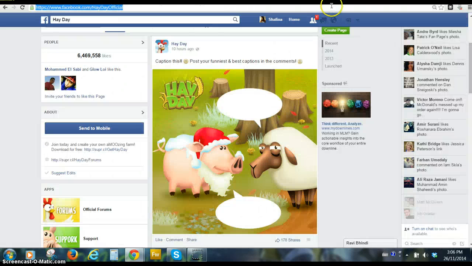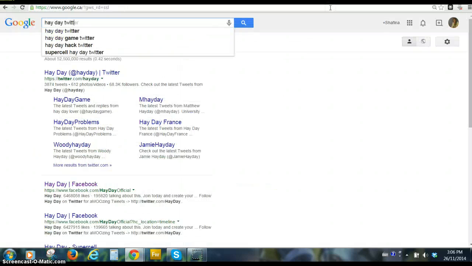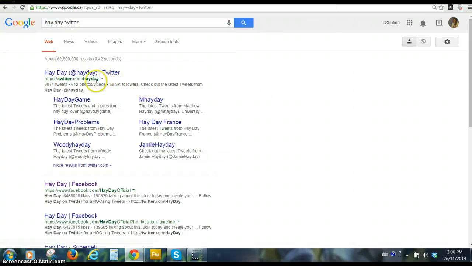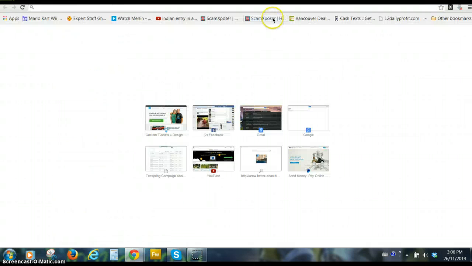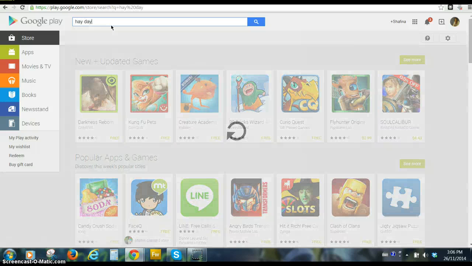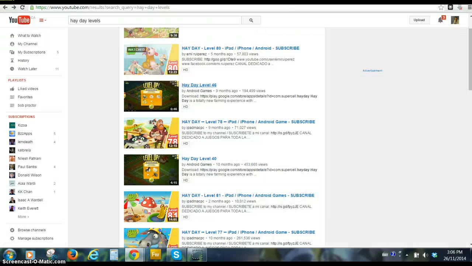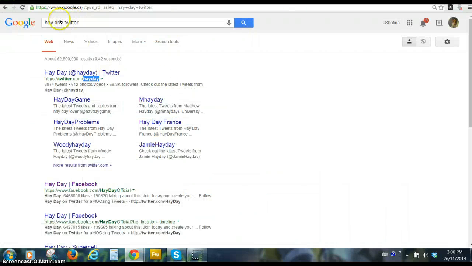Twitter, you would do the same thing, go to Twitter and just say Heyday Twitter, and you will find some ones that are not the actual ones. So make sure it's either that, and if you can't find it by the app name, usually it's by the developer's name. So you would just go on Google Play Store, play.google.com, find the game first of all, click, and then if you don't find Twitter Heyday, like what we just typed, or Heyday Twitter, sorry. If you don't find it, or if you find one that seems like it's ridiculously small,